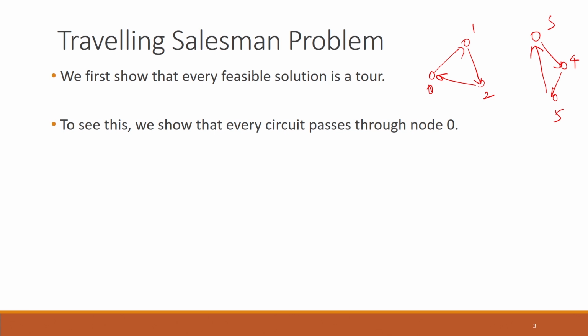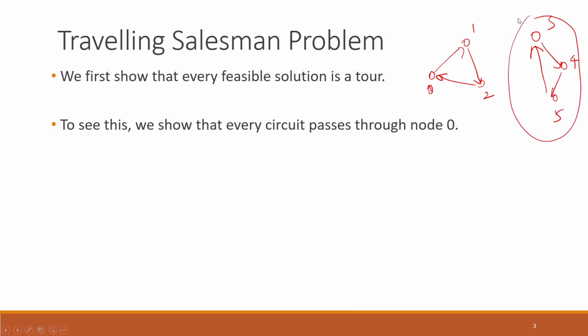So, now this kind of solution where we have two subtours, this is not what we desire. What we want is that there should be some single tour that covers all of these nodes. We do not want these separate small tours, and therefore, suppose we are able to argue that every solution that you get from these constraints that I showed in the last slide, they will be such that that circuit passes through node 0, then we cannot have something like this, because in this right figure